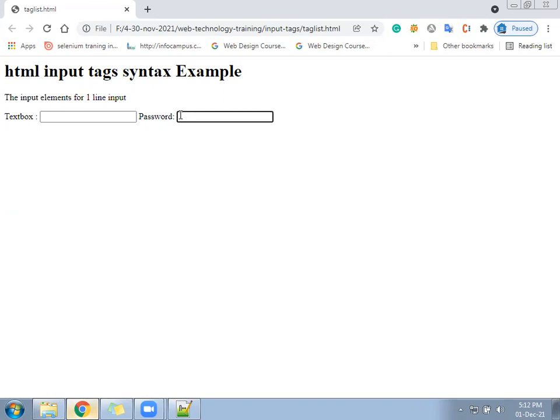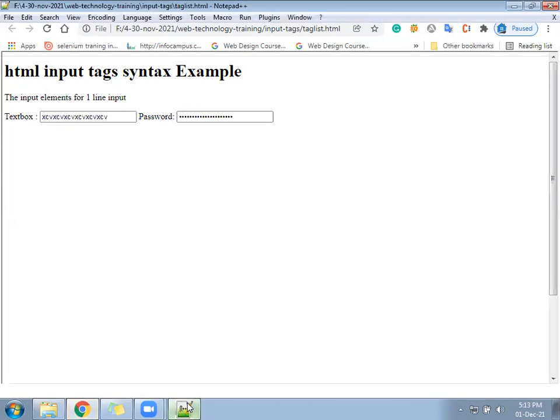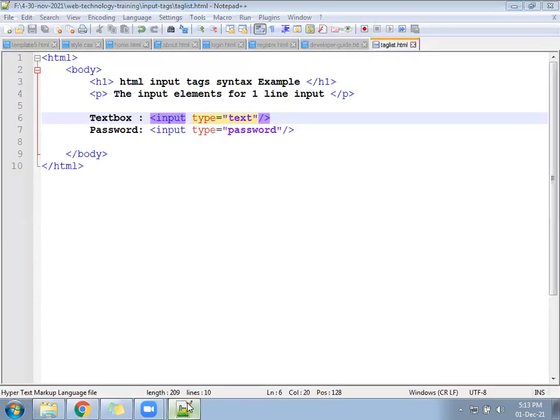Keep it separate. Okay. Now in this page you saw that when you write something here and press the Enter key, it is not printing on a new line. No, it is coming in the same line. So we call it a single line input element or single line input tag. Those tags where the Enter key will not work are called single line input, where we can enter only a single line. Come to the next.